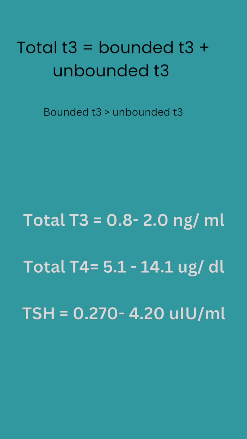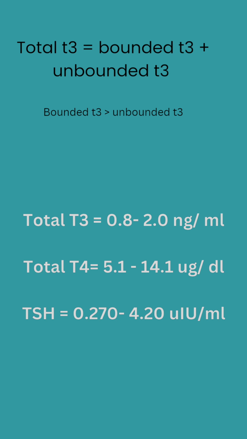We know unbound form is very less when compared to the bound one, and also thyroid gland releases more T4 as compared to the T3. The reason being T3 has short life as compared to T4, but T3 is more potent, means more active than T4. So coming on to the thyroid profile, first we need to know and learn the normal values of these